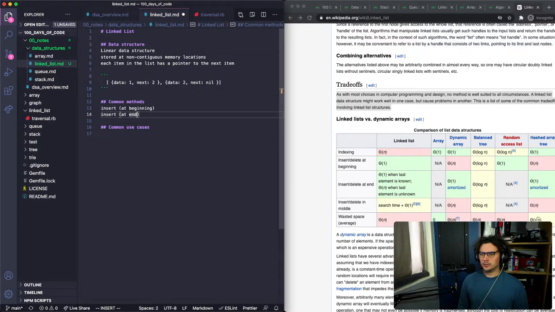Insert at end. Insert in the middle. Remove.